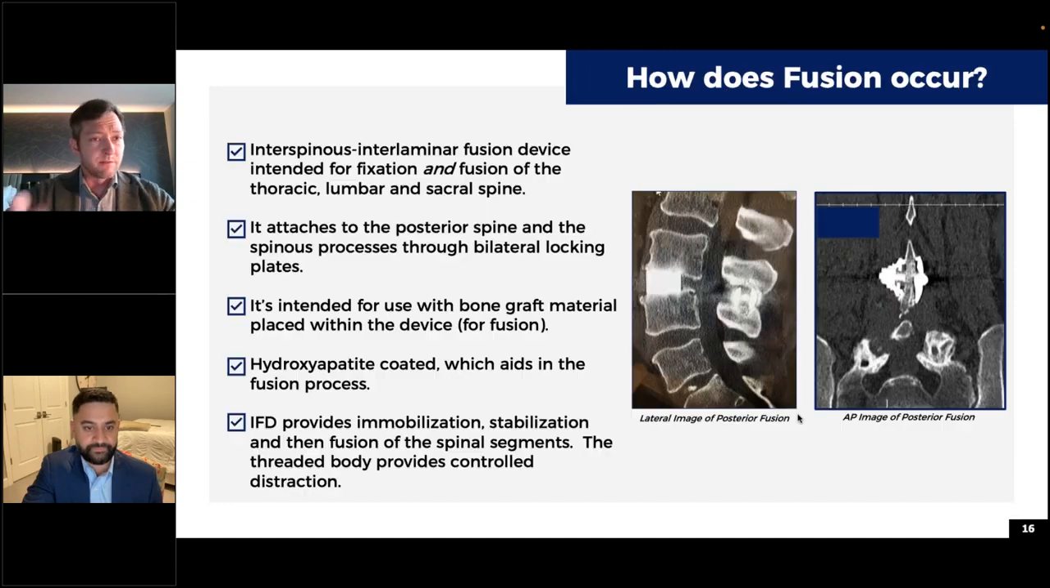So as most of us may already be aware from having used or trained with an interspinous fusion device, which is the Minuteman currently in the U.S., it's intended for fixation and fusion of the TL and sacral spine. It attaches to the posterior spinous processes through locking plates, and is intended for use with bone graft material for fusion. High hydroxyapatite coating aids in the fusion process, and so it instantly provides a degree of immobilization